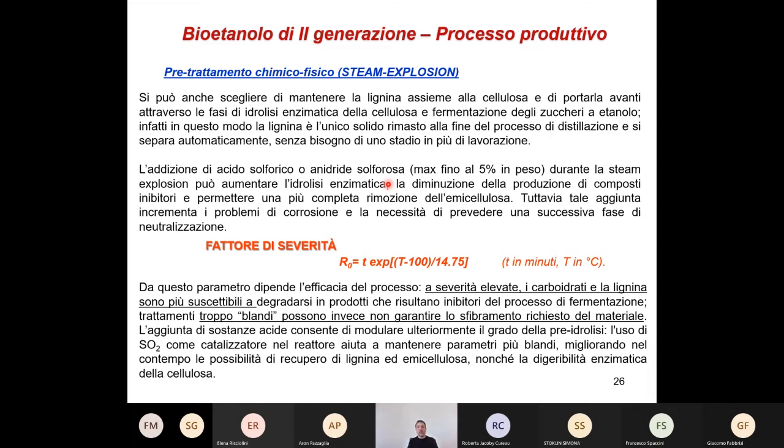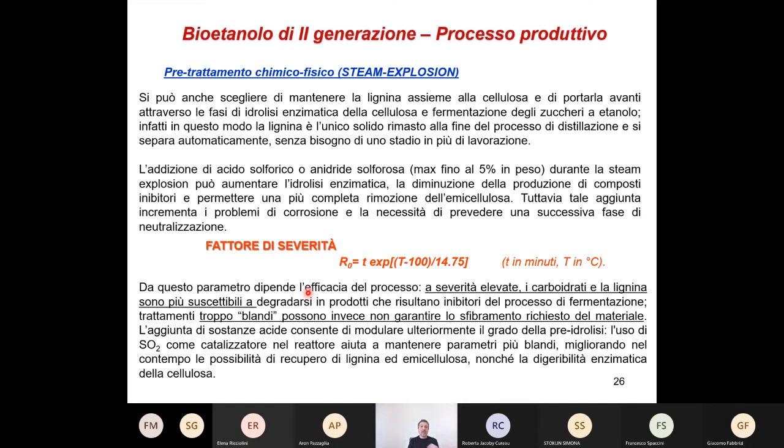Yes, we complete the process, we collect the exploded material, and then if we need more treated biomass, we replicate the process 2, 3, 10 times if we need. Okay, and the parameter you use for defining the severity factor, it's a very important parameter because you have to decide the severity of this treatment in function of the biomass typology.